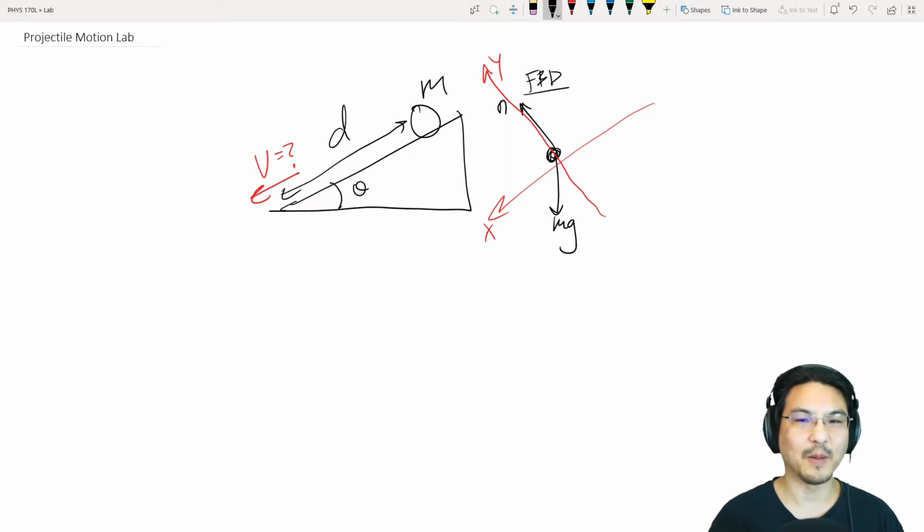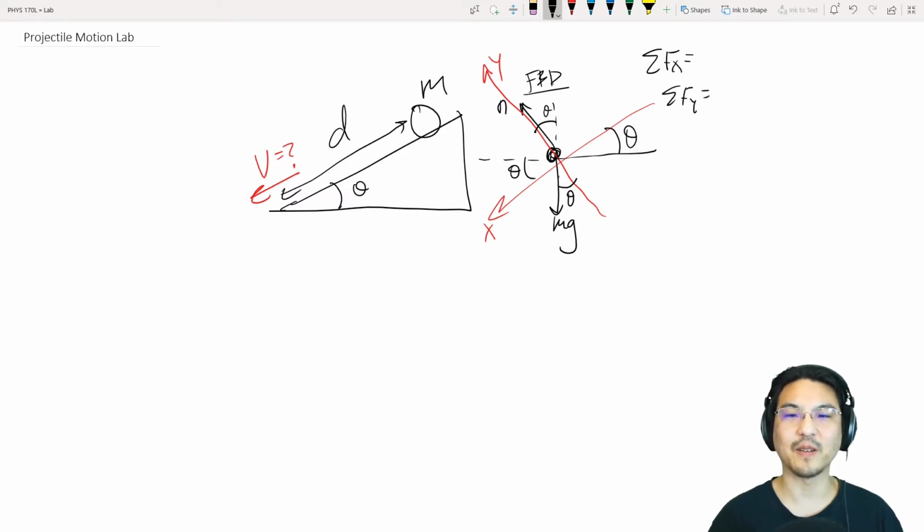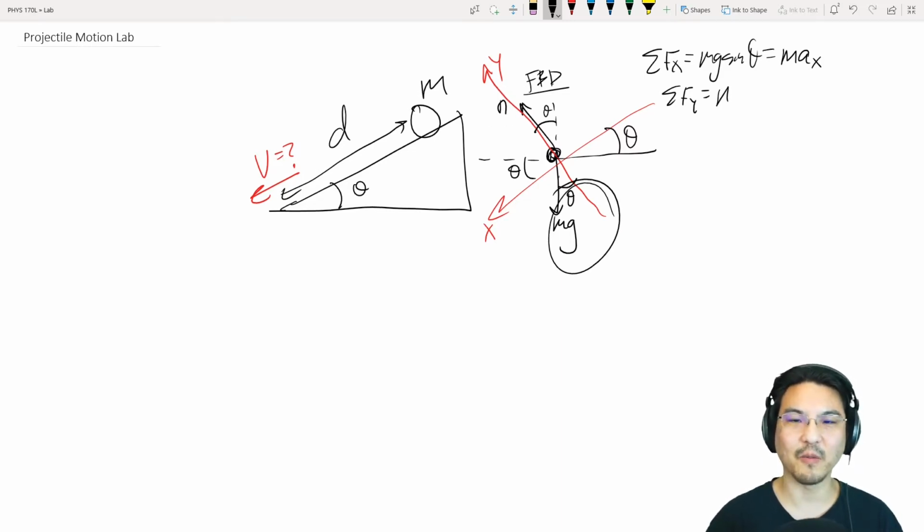And if we look at the geometry, this is horizontal, this is vertical. The angle's here, which is also here and here and here. Okay, so if I sum forces in the x and y directions, in the x direction, the x component of the weight, mg sine theta, the x component of the normal force is nothing, so then that's it. Equals mass times acceleration. Okay, y direction, I got the normal force and the y component of the weight